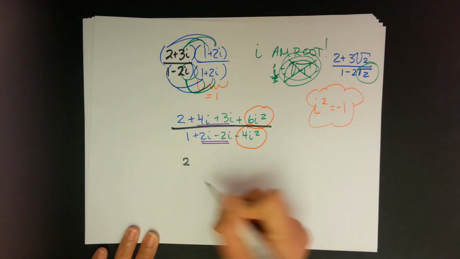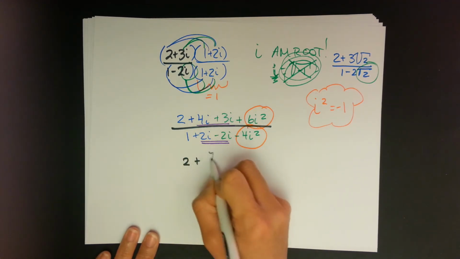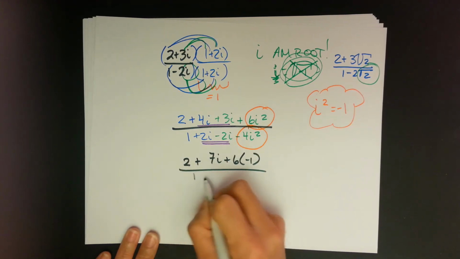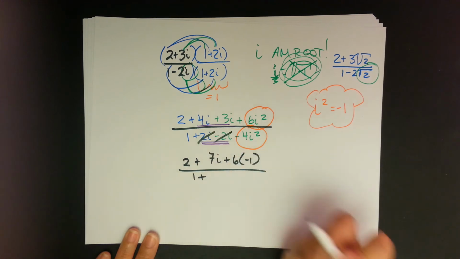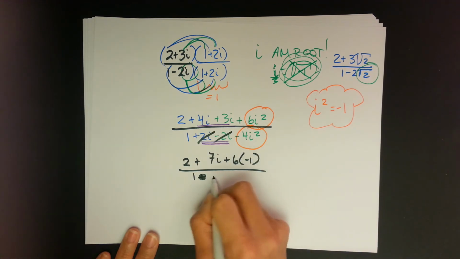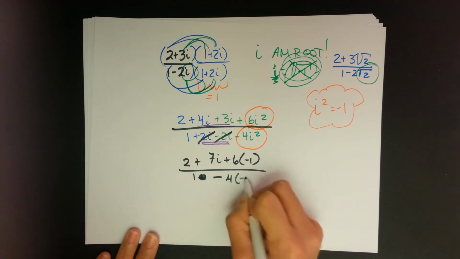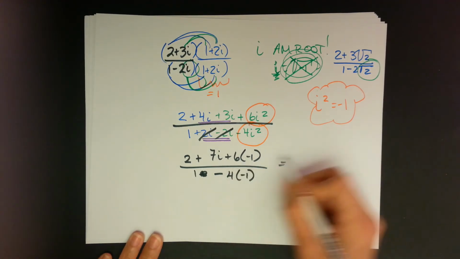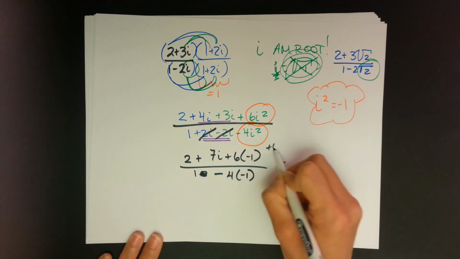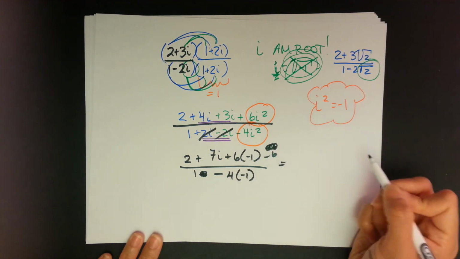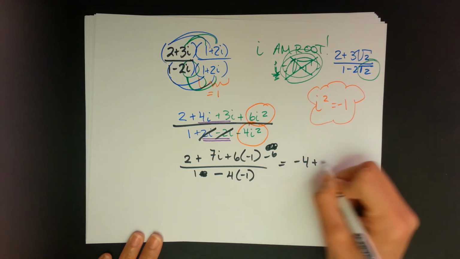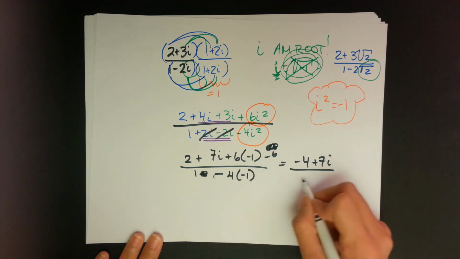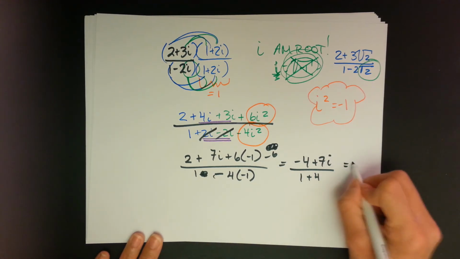So this really amounts to 2 plus 7i plus 6 times -1, plus, oh, sweet. So minus 4 times -1. And then you have, this is a plus 6 or a minus 6 now. So 2 minus 6 minus 4. Notice that order matters. I tried to put the real part first. And then you get 1 plus 4. Well, that's just